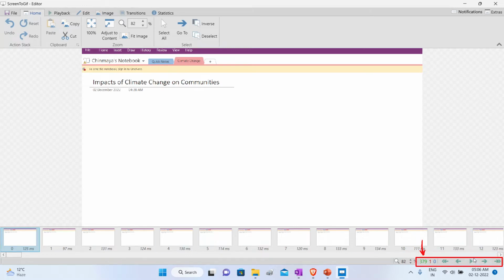So when you press this play button down here, this little blue highlight will keep moving one frame at a time, and you can see that it will show each frame for 97 milliseconds, this frame for 131 milliseconds, and so on and so forth. Later on, I'll show you how to change these time settings such that you can play a frame for longer or shorter durations. So let us just try this here,